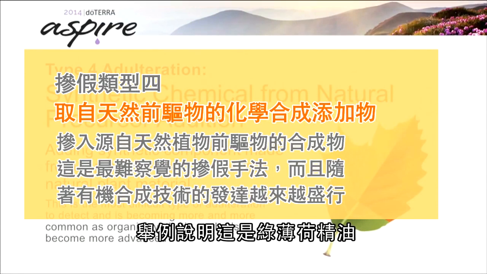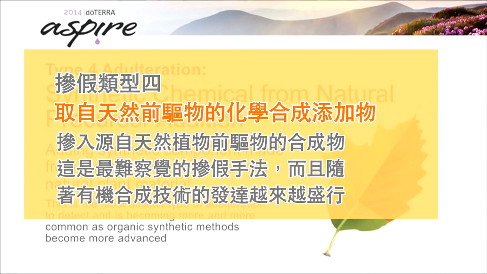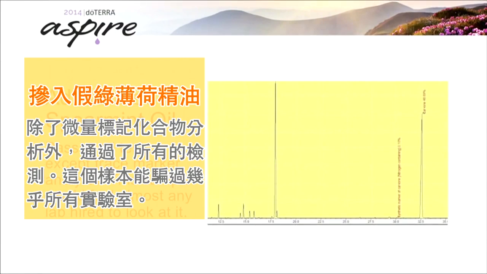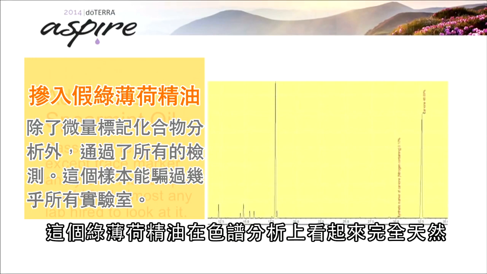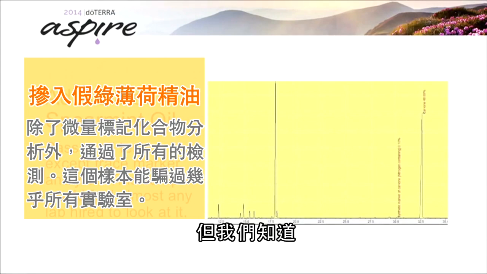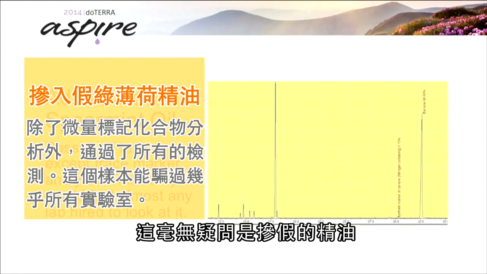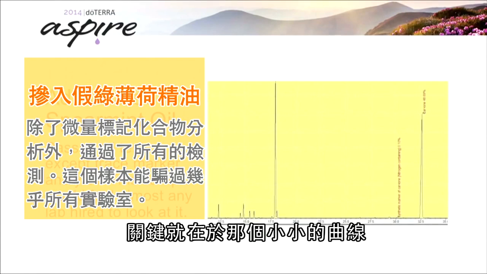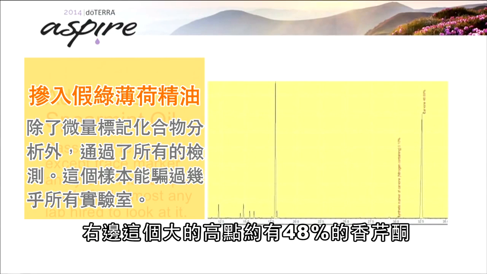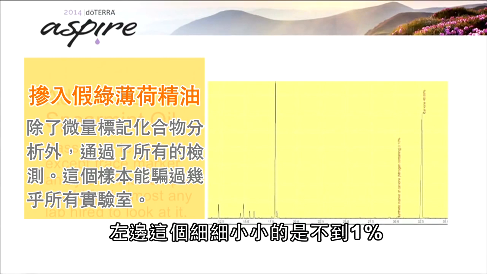In the case of spearmint oil, for example, carvone, L-carvone in particular, is the main component in spearmint oil. This spearmint oil looks completely natural on the GC, and it will pass as natural by 99% of any lab that tests it. But we know, beyond a shadow of a doubt, that it's been adulterated. And the reason we know it is by that tiny little peak, okay? The larger peak to the right is the carvone at about 48%. The little bitty peak to the left of that